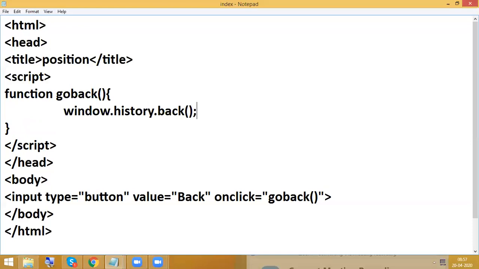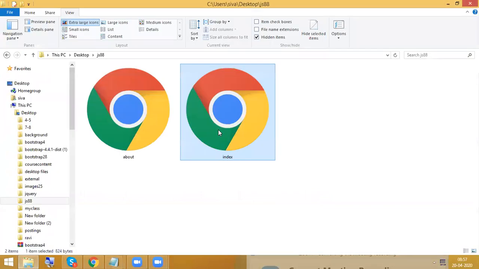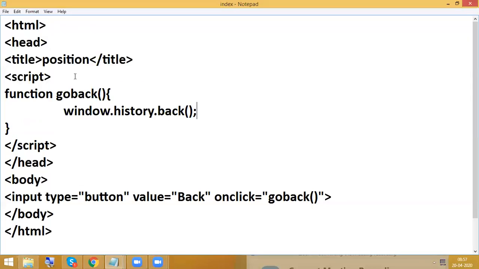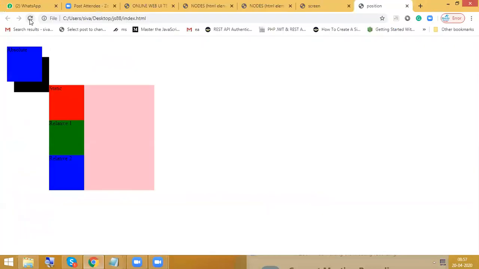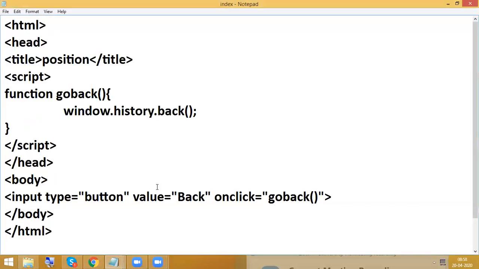Just wait for a while to get a clarification. Whenever I'm clicking on this, index, so save it, refresh. Whenever I'm clicking on this, it should go back. Go back means a previous page. Just wait for a while to get a clarification on this.